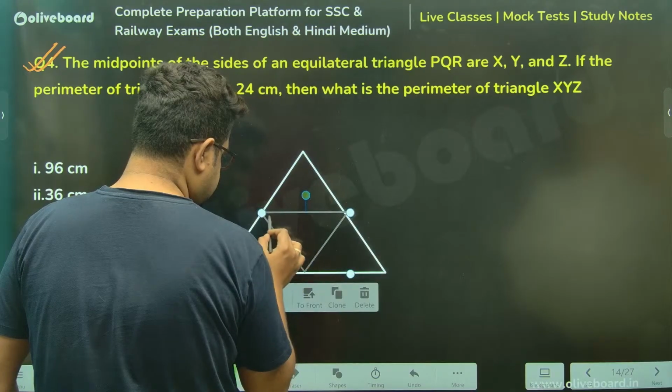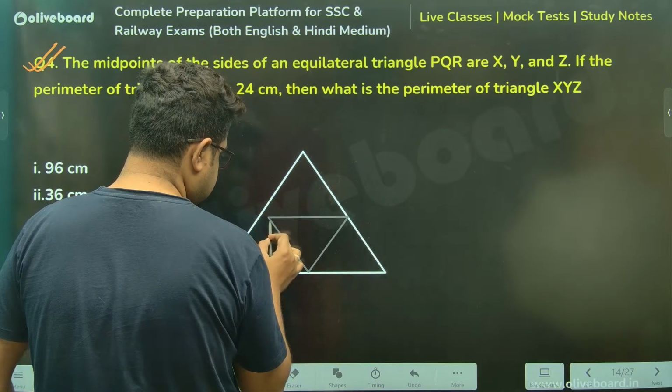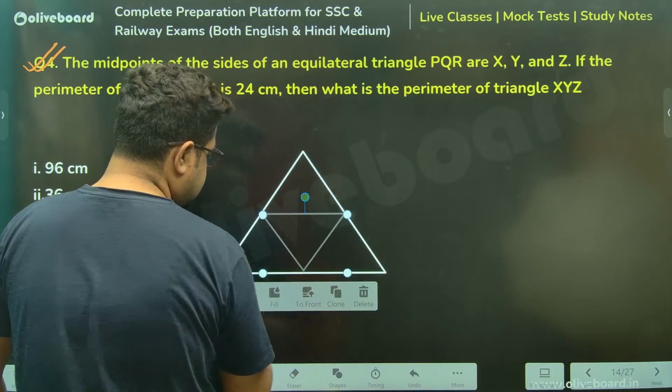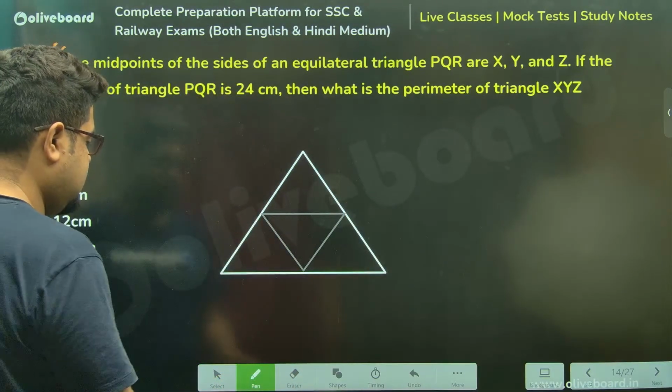अरे बैठ जा भाई। बैठ गया? ठीक ठाक। हाँ, ठीक ठाक है।